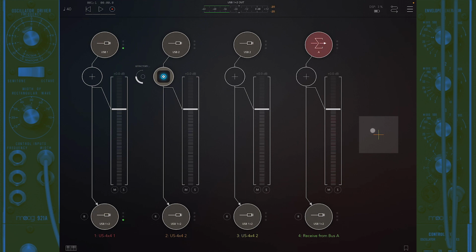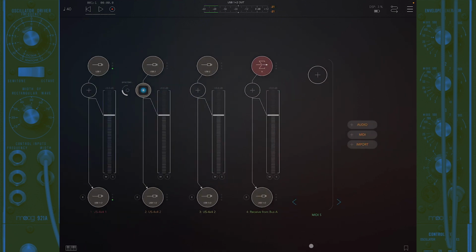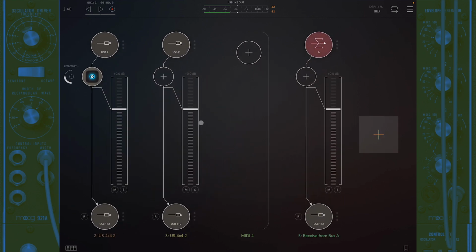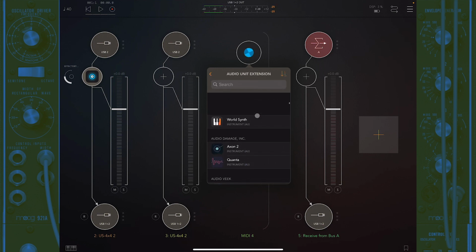So again, it works the same way as if I were controlling a software track. I would click on that, hit plus MIDI, and I'm going to go ahead and drag it over so that it's immediately to the right. That's just how I like to set it up. I like to have my audio channel on the left and the MIDI that's controlling that channel immediately to its right. So I'm going to hit plus, and I'm going to go to Audio Unit extensions,